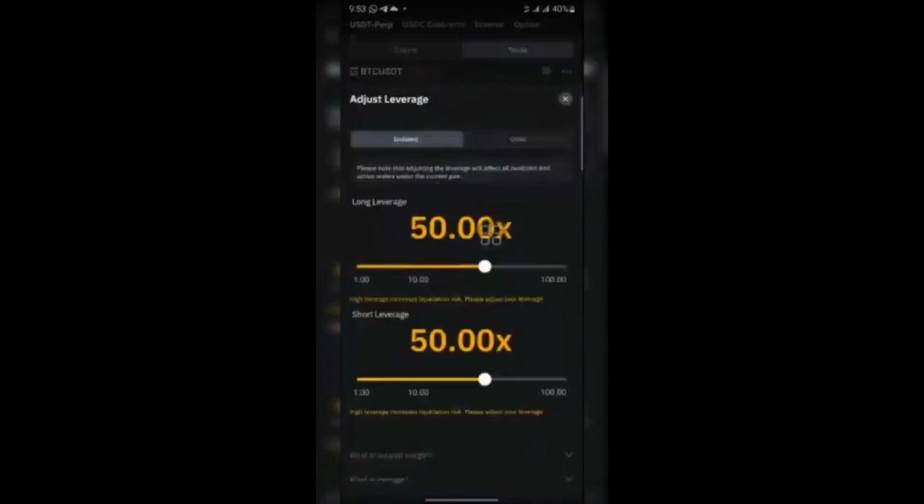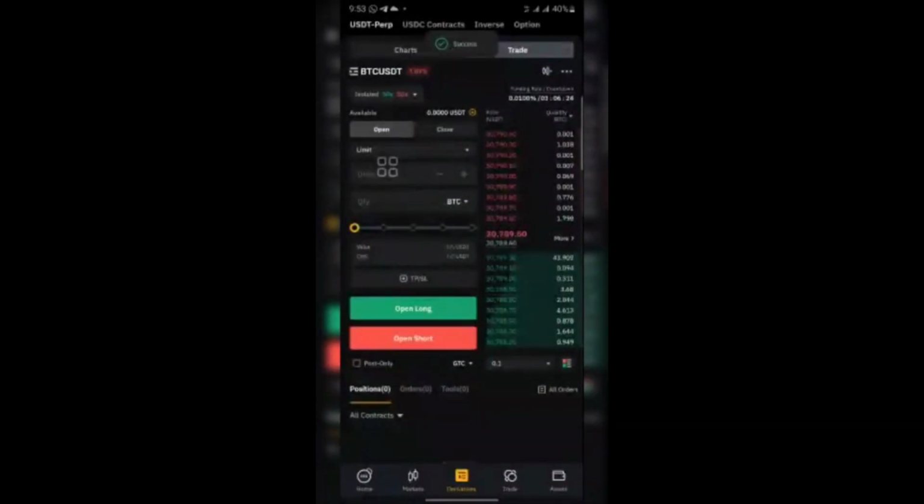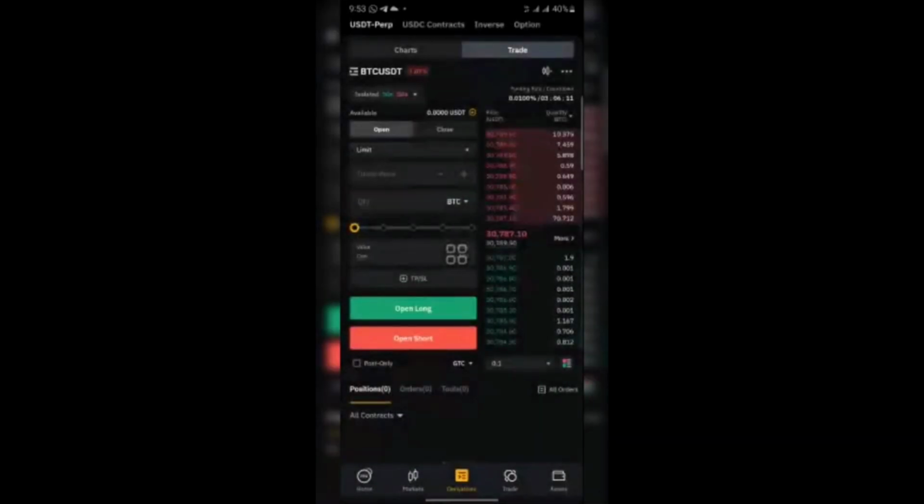So limit and market, nothing concerned, just limit and market. You see that Bybit has even helped bring the market closer, because Bybit actually came after Binance and they worked on what Binance did not improve on in their own derivative trading. Do you understand? But the two of them are good for trading. You can use any of them for trading.